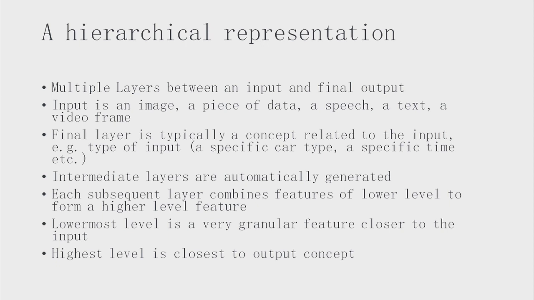At the lowermost level, it just detects edges. Then it may detect some curves. Then it may say, I'm detecting a nose, or I'm detecting lips, or I'm detecting an eye. Then you combine that, and you get probably a frame of a face. Then it may detect the face with actual orientation. So think about a face also as a hierarchy of concepts detected from a lot of human faces fed to the